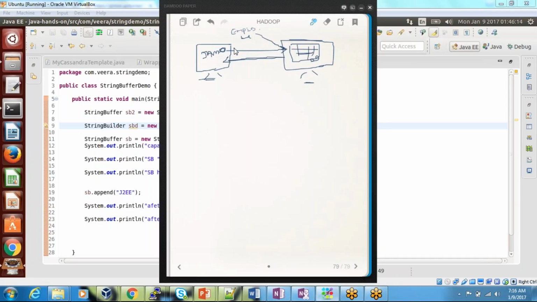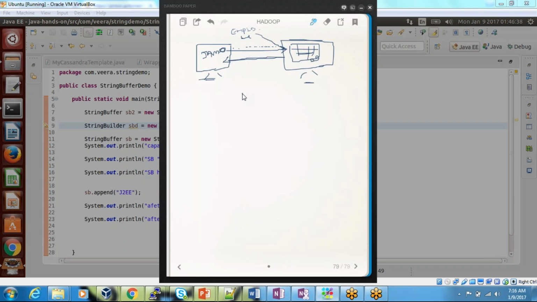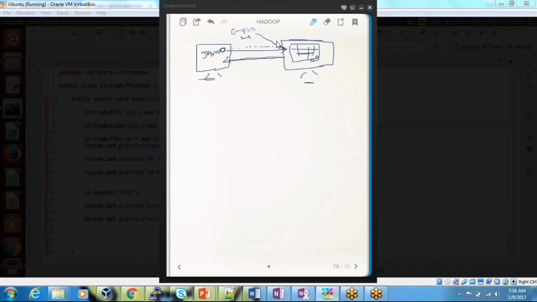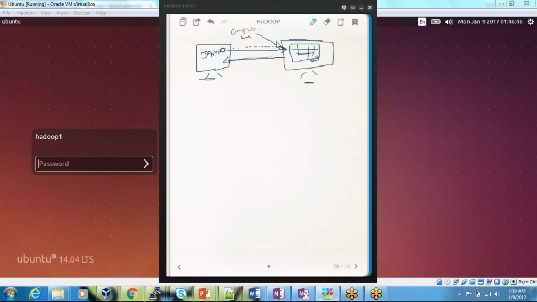So now my object has to traverse through a network. Yes or no? Yes, sir. This is an object. It is not like a primitive type, an integer or some bytes and bits. It's a collection of something. So the object cannot travel through a network. Then what has to be done? We need to make this object able to travel through a network. How can we make that? By